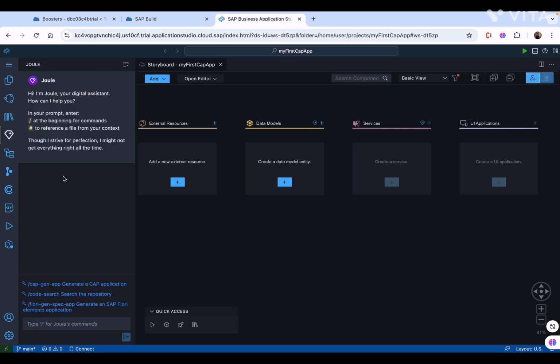Yeah. So now Joule has opened. So you see the suggestion here. If you want to create a CAPM application, a cloud application programming model based application, then you need to give this slash cap hyphen gen hyphen app. So we'll click on it and see, these are sample prompts that you can give and you can create,